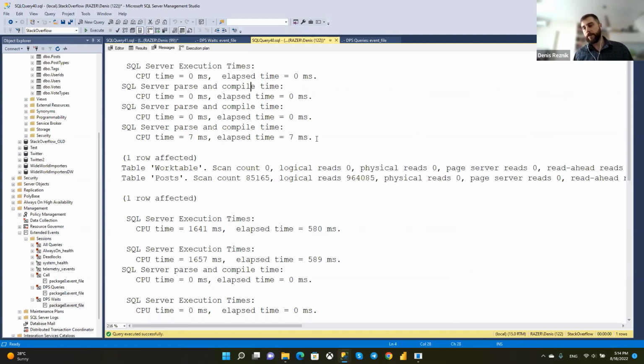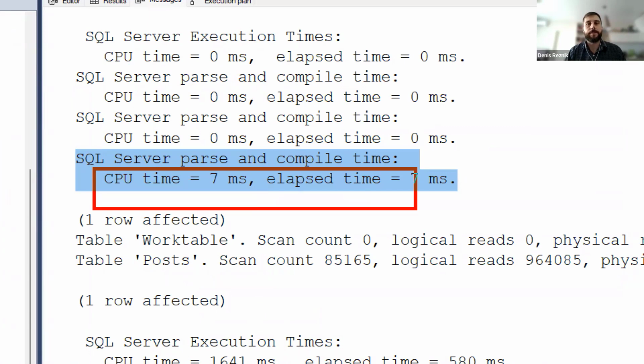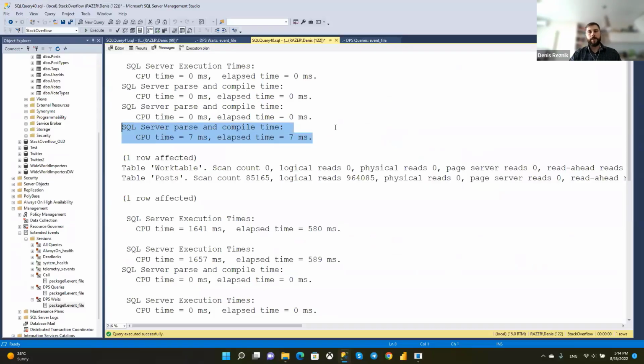Maybe you can ask yourself how heavy this compilation will be. Will the application and query suffer from this compilation? This is the answer to your question. For this particular query, compilation time is 7 milliseconds. If these 7 milliseconds matter, or if it can be not 7 milliseconds but 100, 200, even several seconds, then it's not a good option to use OPTION (RECOMPILE). But if it is small, a few milliseconds, that should be fine. That should not cause any issue.